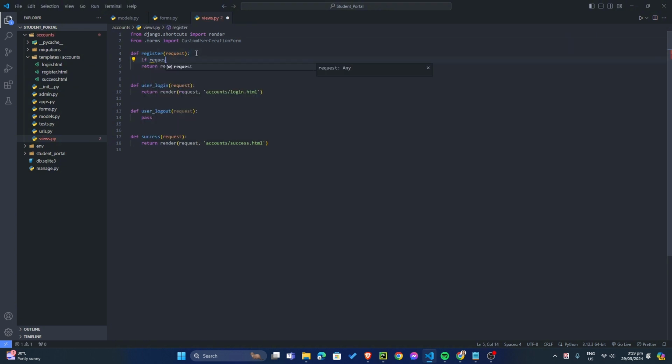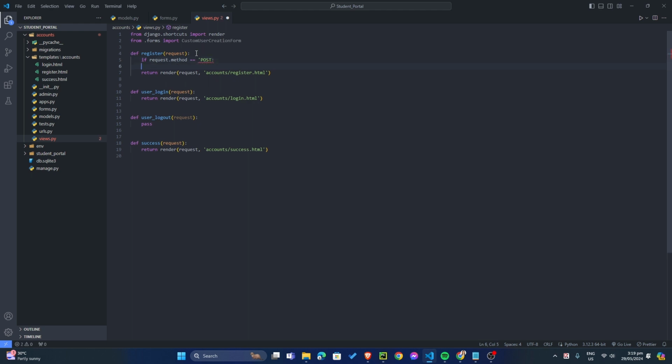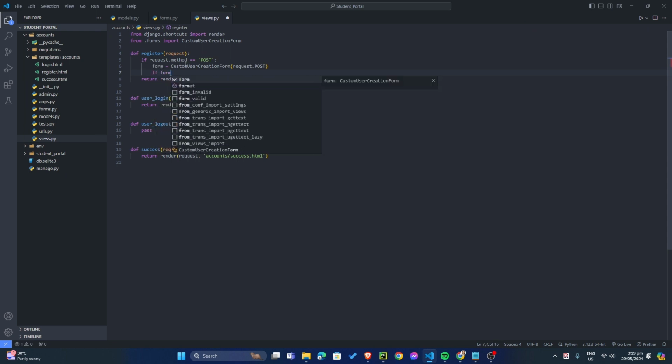So if request.method is equal to POST, we're going to create an instance of this CustomUserCreationForm, and then let's pass in request.POST. Now if form.is_valid,